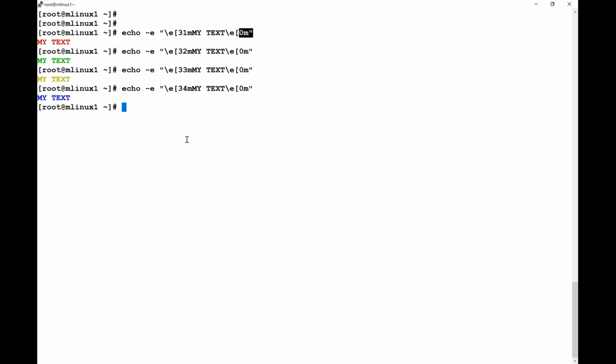First time to print a message in color and second time to reset the color. Now suppose I would like to print a message in different foreground and different background. So in order to do that,